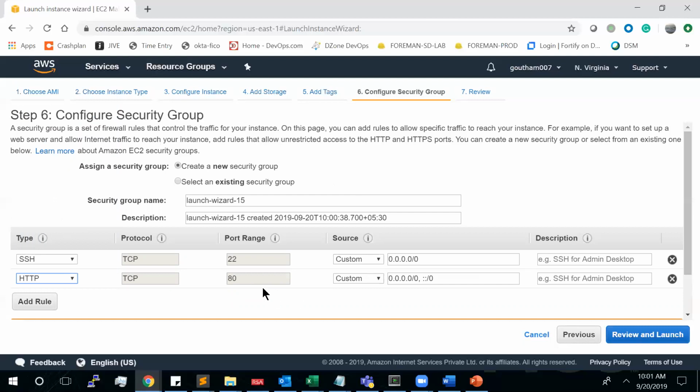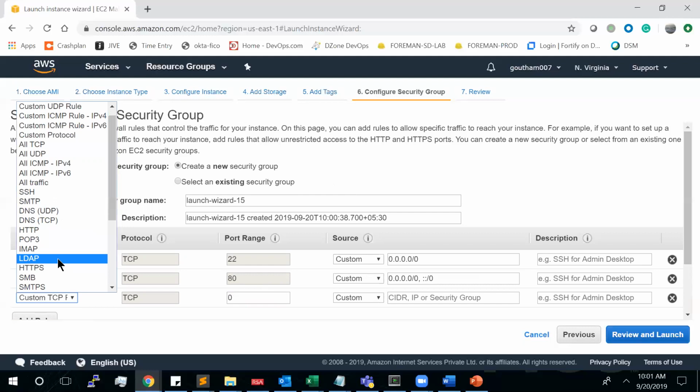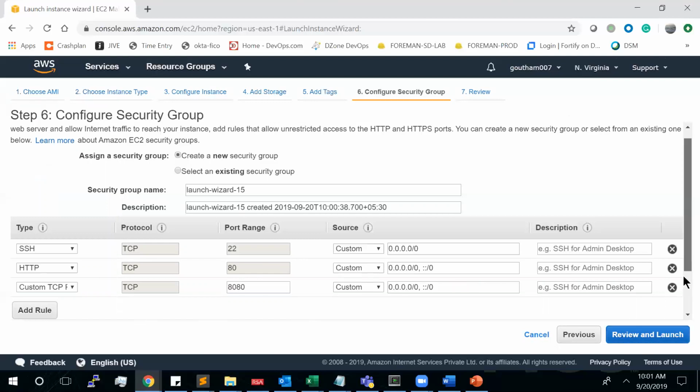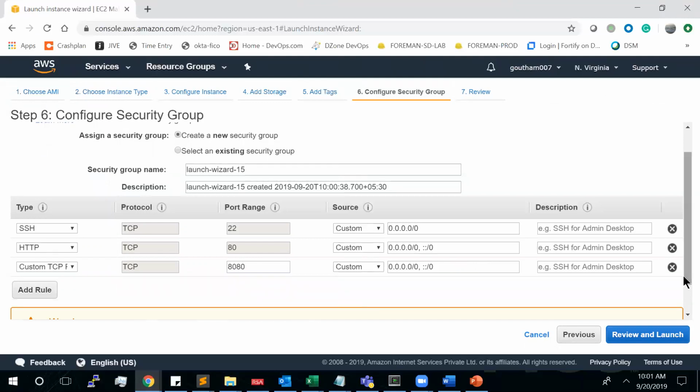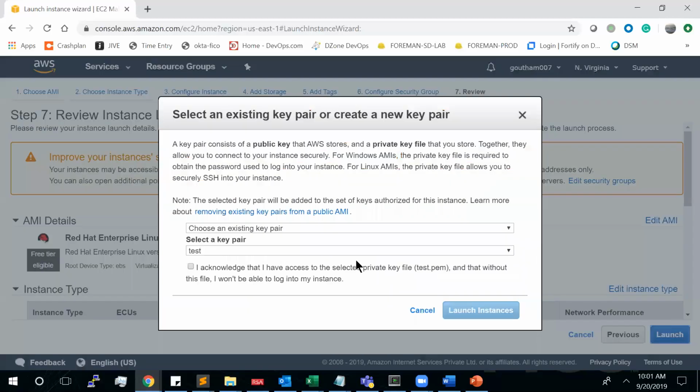So we are adding that in our security rule, as well as a custom port 8080. By default, Jenkins comes with port 8080. We are adding 8080 also, and we are reviewing and launching the instance